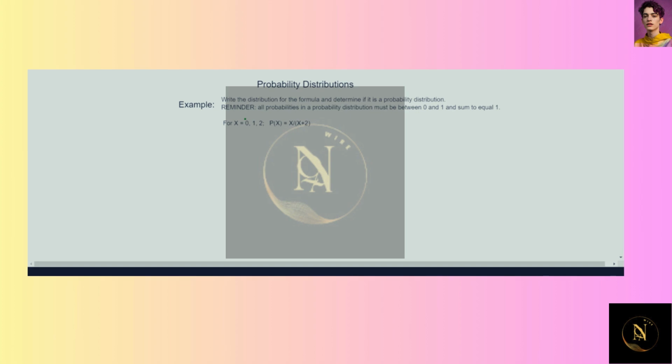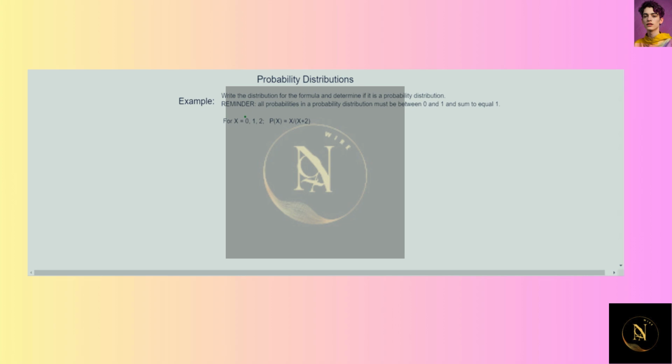Hello, today we'll be continuing our probability distributions discussions. We'll be doing so by completing the example seen here, where we will be writing out a distribution from the formula and x values provided, and then determining if the distribution table that we write out is a probability distribution